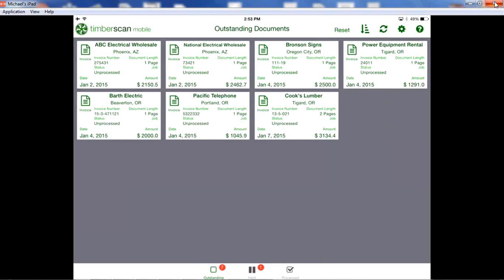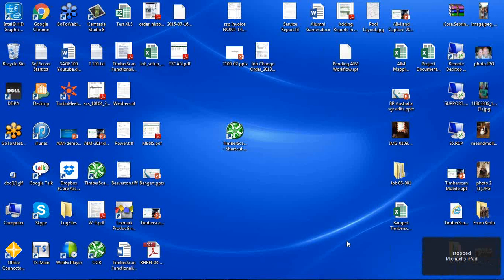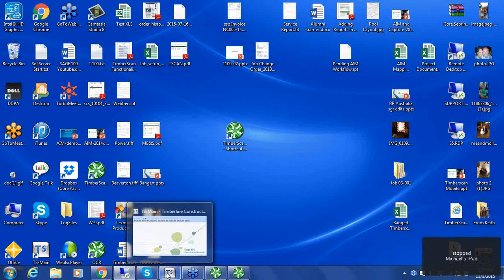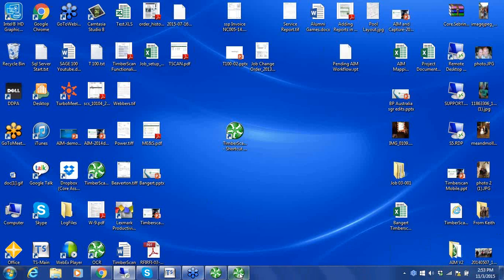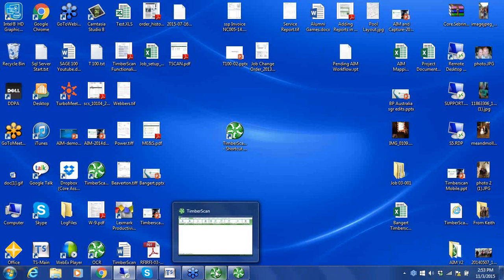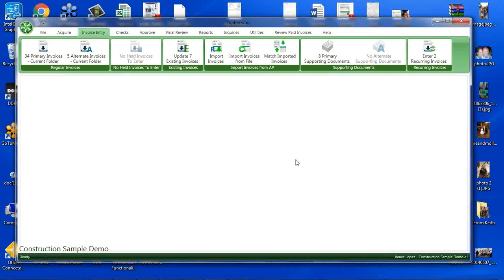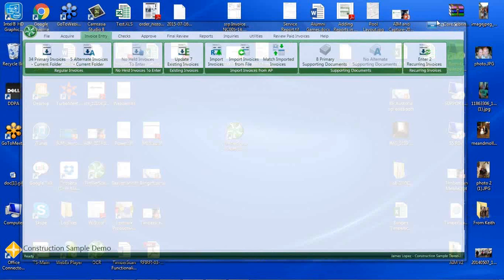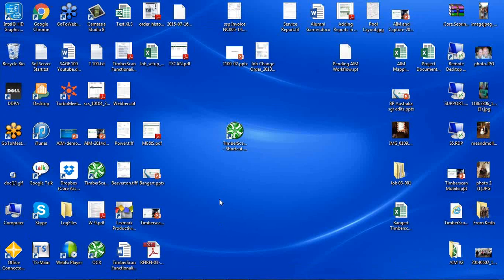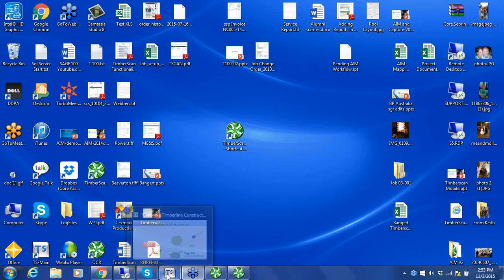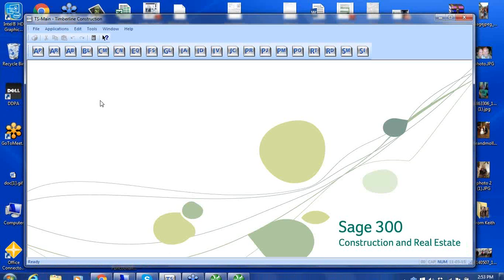Okay, so that's the mobile application. Let's go back here and see what happens once the invoices have been processed and they've gotten posted and we've cut checks against them. What Timberscan allows you to do is to go through and match up that check information with the invoices. There are several different ways that you can do that. But ultimately, the bottom line is that once I've processed a batch of checks, I'm able to go into Sage